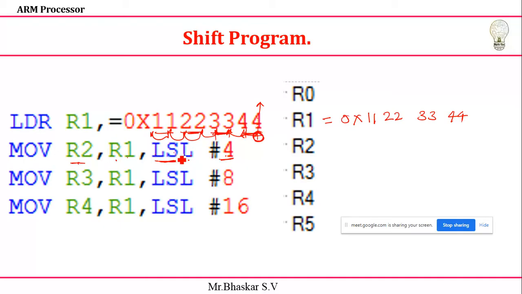I'll get zeros. Directly I can write the value how? If you have a 4, the last one will be 0. This 4 will come to here. Next this 4 will come to here. Next 3 will come to here. This 3 will come to here. Next 2, 2, 1. 0x of 1, 2, 2, 3, 3, 4, 4, 0. Clear about this one? How we are shifting?